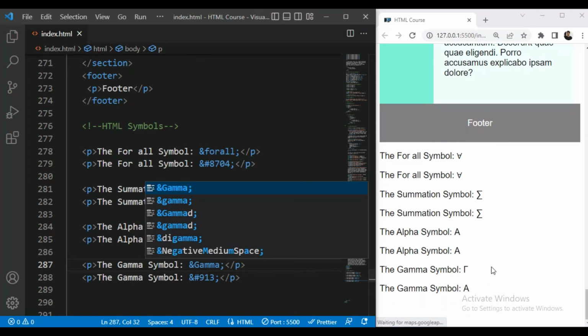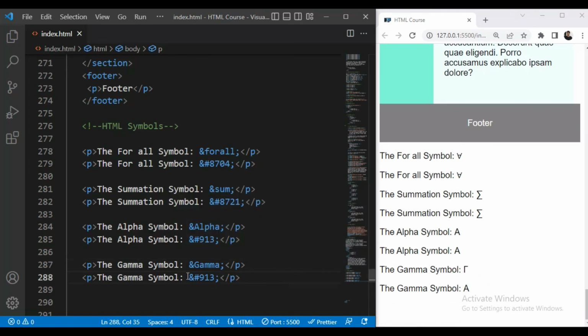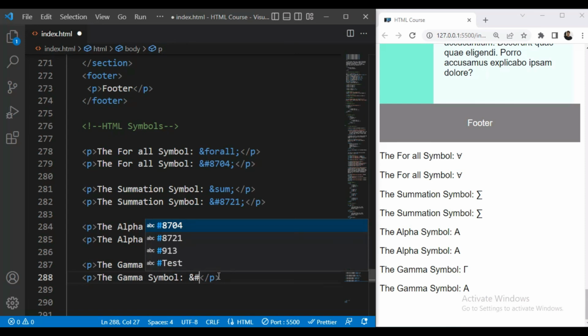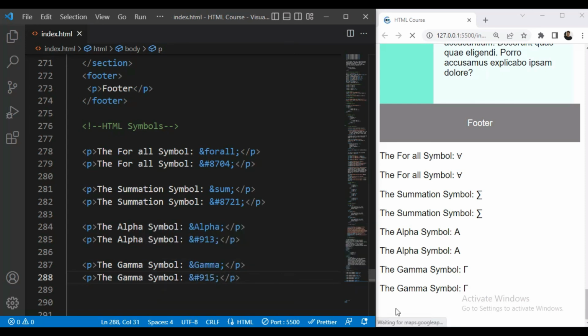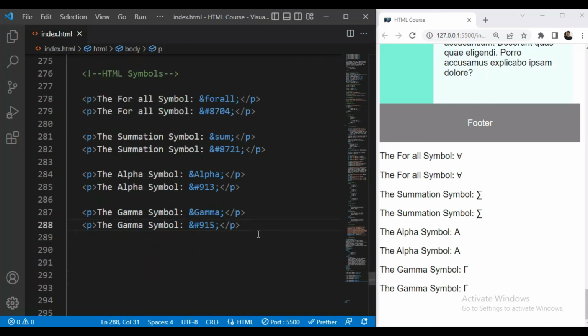Let us save this. Now you can see the gamma symbol, and then we will use the number. The number is &#915; semicolon. Now you can see the gamma symbol.